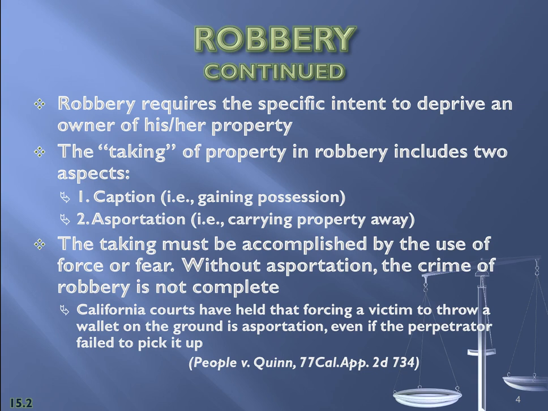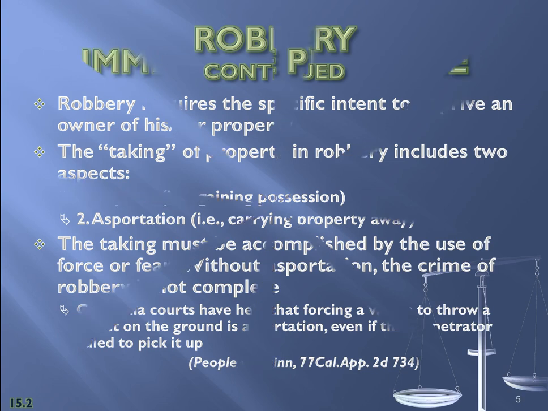Now, there was a case called People versus Quinn, and this is where the California courts have held that forcing someone to throw property, and in this example, their wallet on the ground, is considered asportation even if the suspect fails to pick it up. So that victim apparently relinquished their property, and throwing it on the ground was enough to show the asportation in